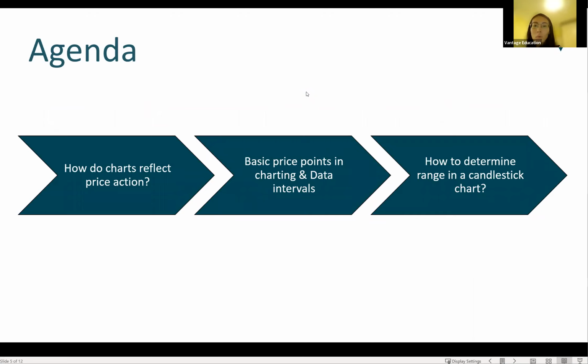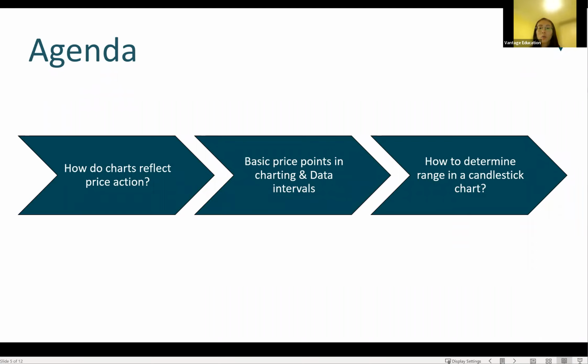Okay, so this is the agenda that we will be covering for today. This is a 30-minute session. For a start, we will cover how charts reflect price action. This is really understanding how supply and demand zones interact and also what we can interpret from there. Following which, we will look at the basic price points in charting, so we'll understand a little more about Japanese candlestick patterns. At the same time, we'll also be going through the different data intervals. After this session, you should be familiar with Japanese candlestick patterns and also the different data intervals. And then finally, we will look at how we can determine a range in a